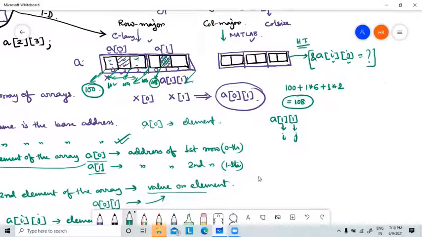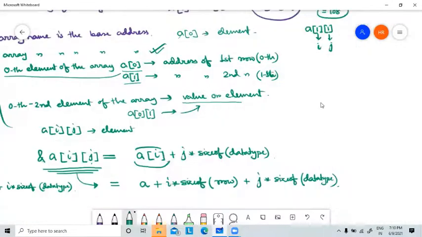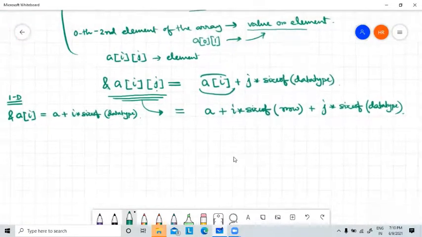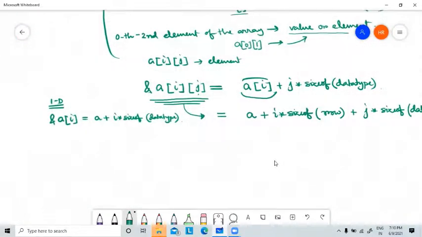It's very interesting. So now I hope you have understood the difference between a 1D array and a 2D array. See, this is almost looking like a 1D array element, but since it is a 2D array, it will give you